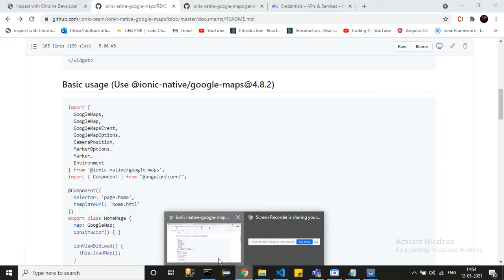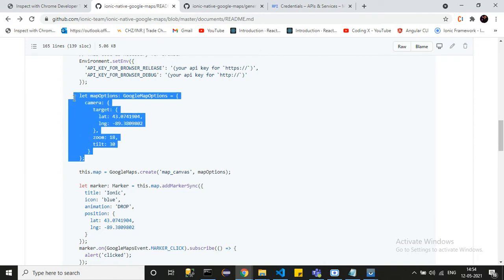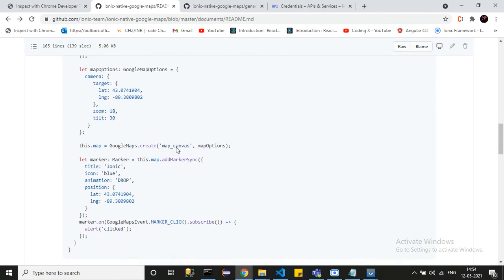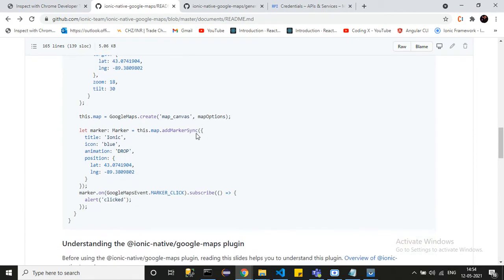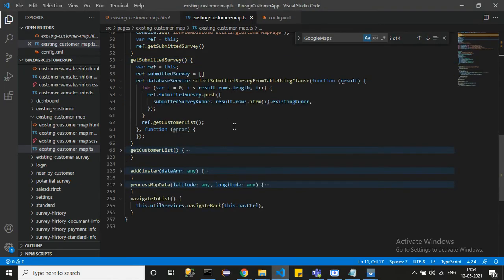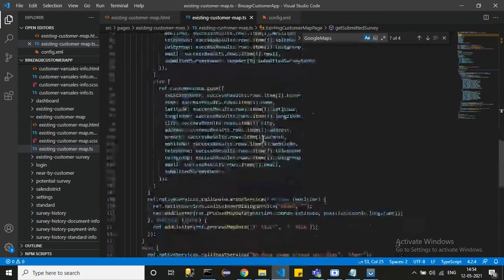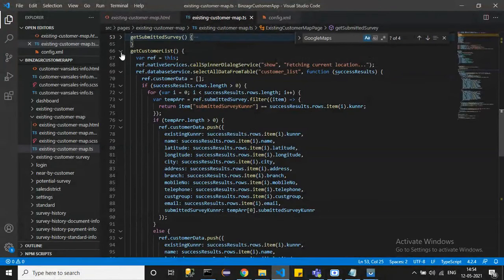Okay. Now once you have done that, you have to add the map options to your code, and this is the available example code which you can get from this link. I have customized my code a little bit. This is the data which I am getting from my API. Okay.